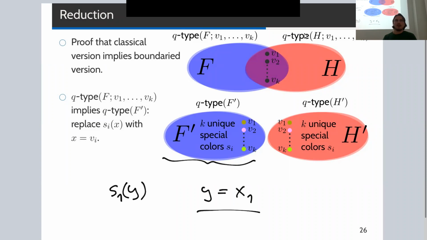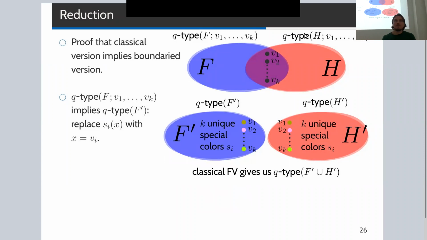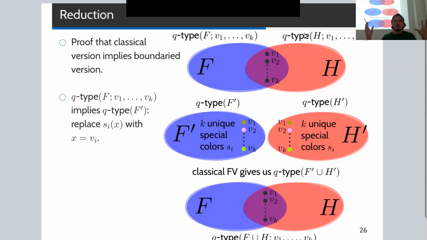So you can then, after you did this modification of the formula, check in the Q type of F whether the formula is there. And this is satisfied if and only if it is satisfied in F prime. So using some replacement tricks to get the Q type of these modified graphs, F prime and H prime. And now the classical Pfefferman-Watt theorem gives you also the Q type of the union of the two graphs. And the last step would be then from the Q type of the union to merge them together and get the Q type also from this overlapped